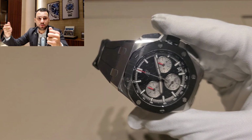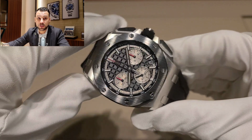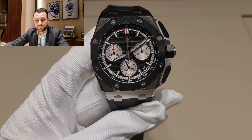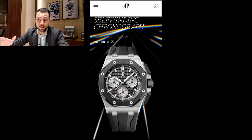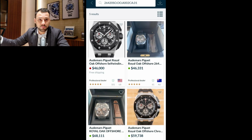And of course, the price tag for this particular model is only $37,500, but you can find it on the gray market for up to $45,000 to $59,000 according to what I found on the internet. So I think this is crazy, guys. This is one of the hardest pieces on the market. It's super crazy. I mean, I will never really recommend to pay anything over retail, but if you get a